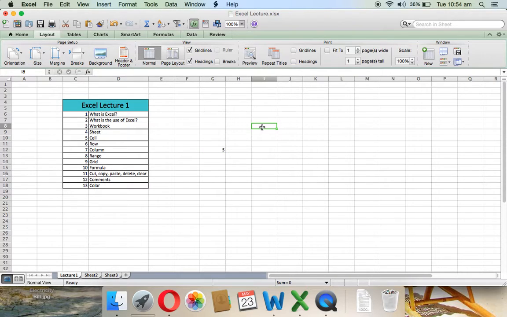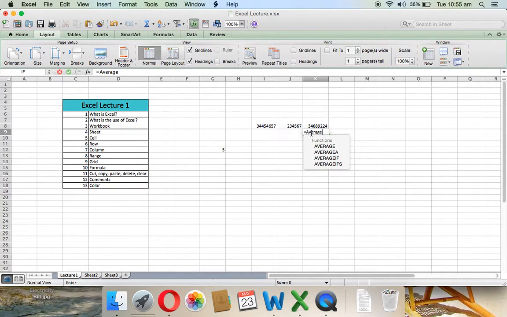Suppose you have some numbers like 3, 4, 5, 6, 7, 8, 9, you have one number and you have another number, and you want to add both of them, you can click equal to, then select this cell and write plus, then come to this cell and then just enter. You will get the sum of these two numbers. So there are many things. If instead of summing up, you want to